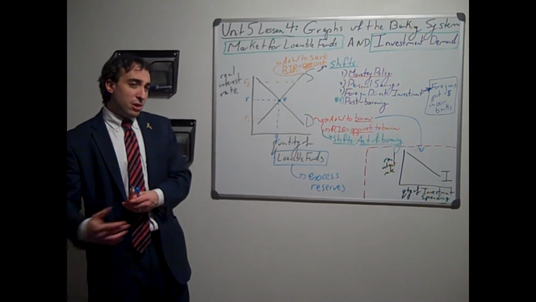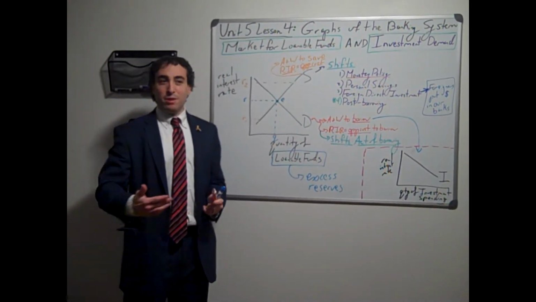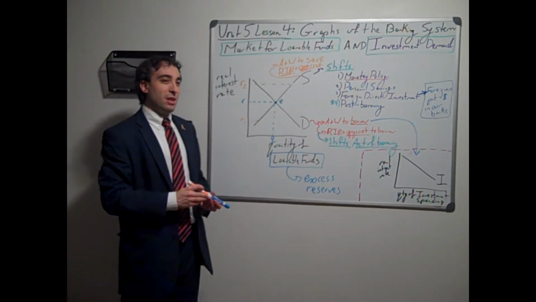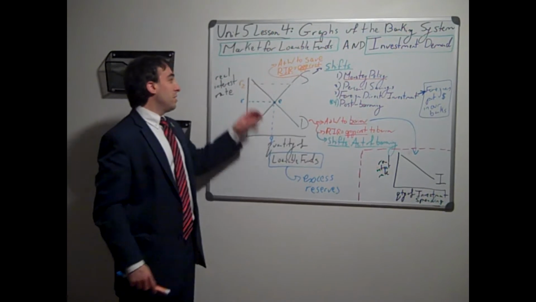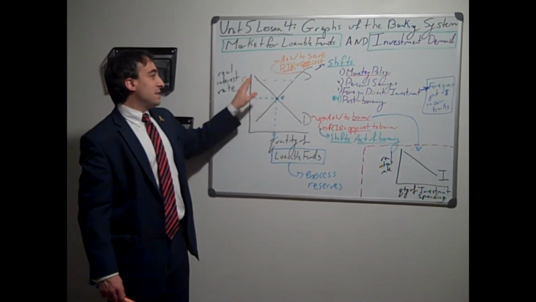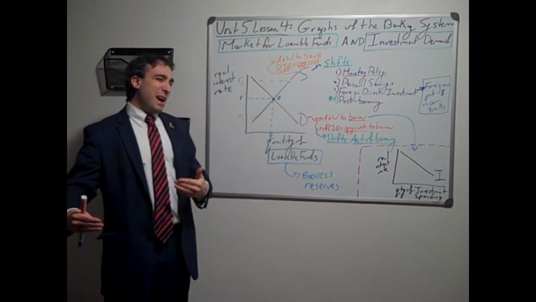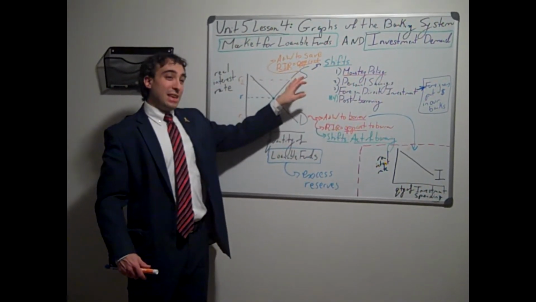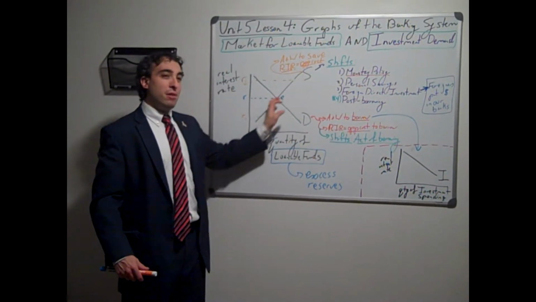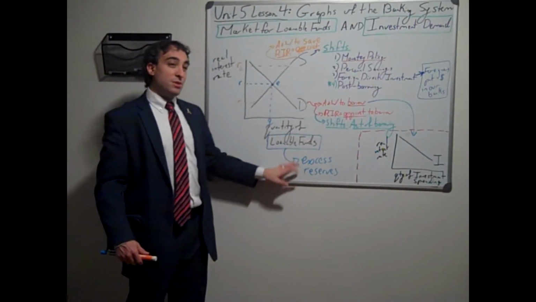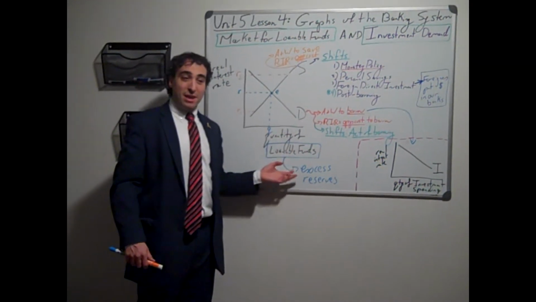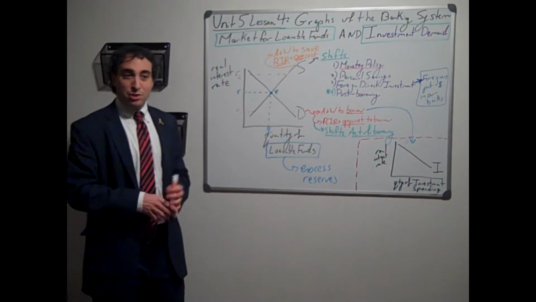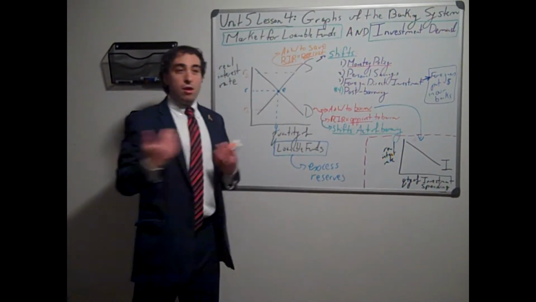There's less of an opportunity cost, or we keep it in a checking account with a lower or no nominal interest rate. Or if the real interest rate is high, well then the opportunity cost is higher to keep our money as cash, so therefore there will be more money in the bank. So the supply represents the amount of excess reserves or loanable funds in the bank, and it's directly related to the interest rate. Do we as households want to put our money in the bank, or are we okay holding